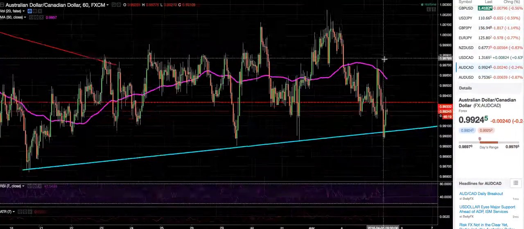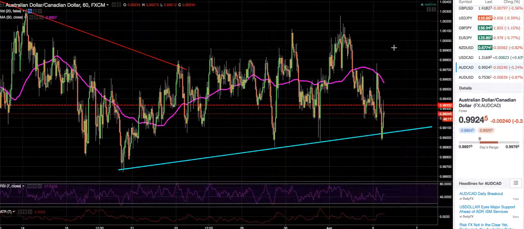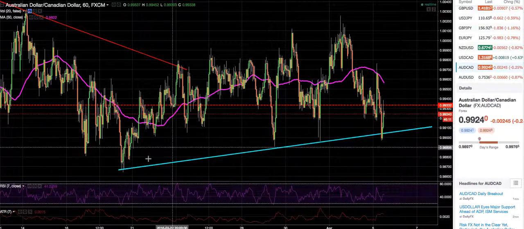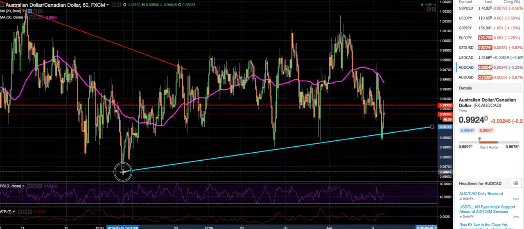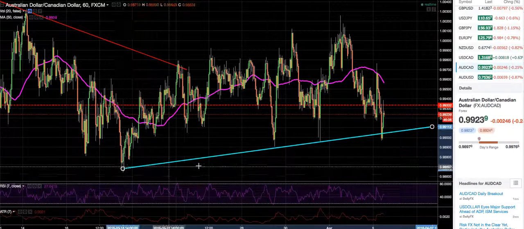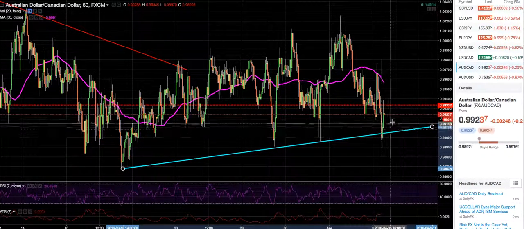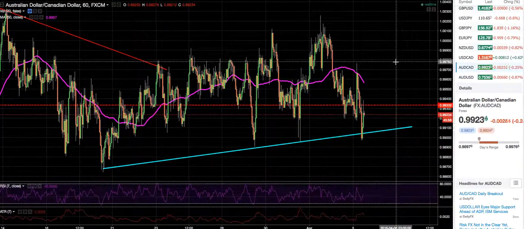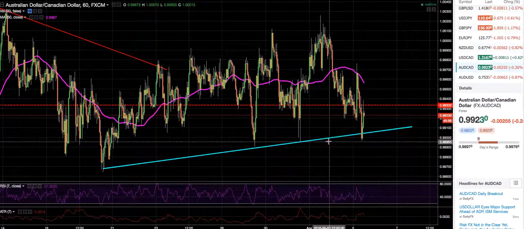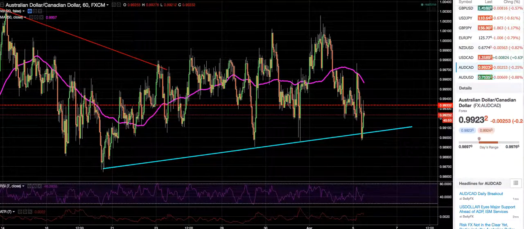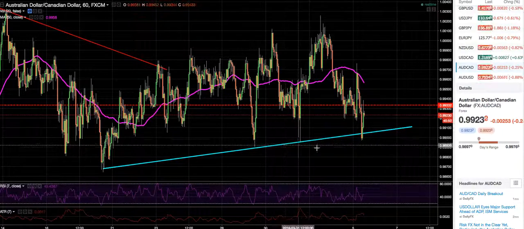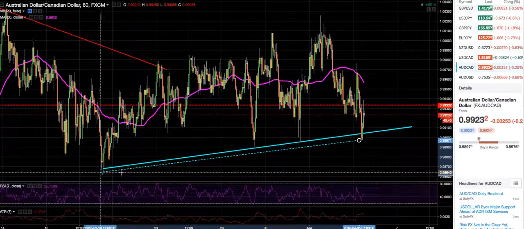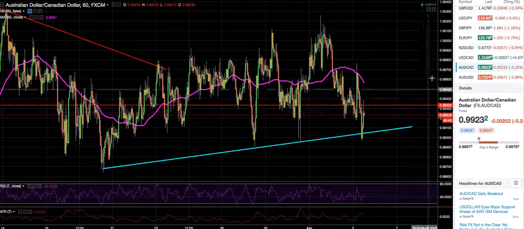But right now on the Aussie CAD, you have the trend line. If the market is going to be acting like the trend line has been acting, you would have gone long right here, right? And maybe you made some profit, but I believe we broke this point. I would like to see a break of this point right here, and even this point right here, just to confirm that the market is in fact